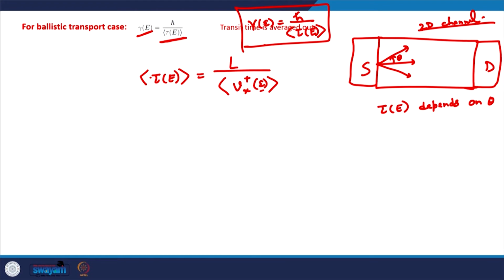And this was found out from the ratio of the steady state number of electrons to the steady state current, which was essentially the steady state number of electrons tau